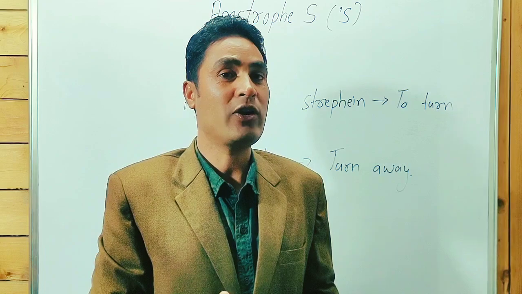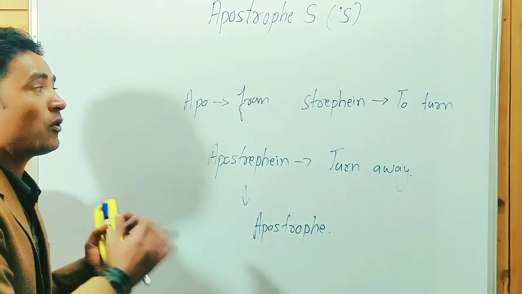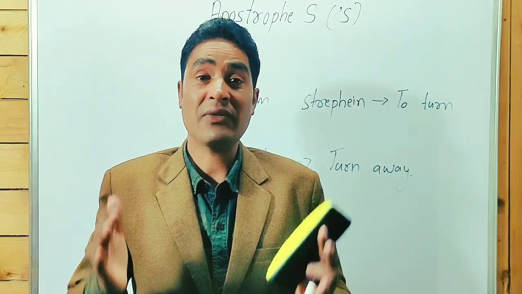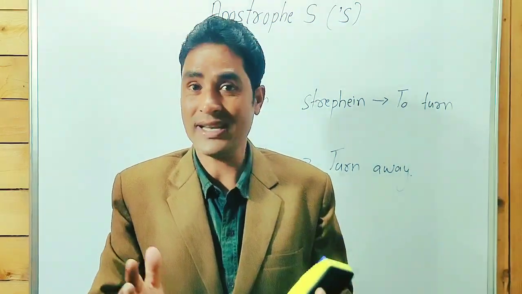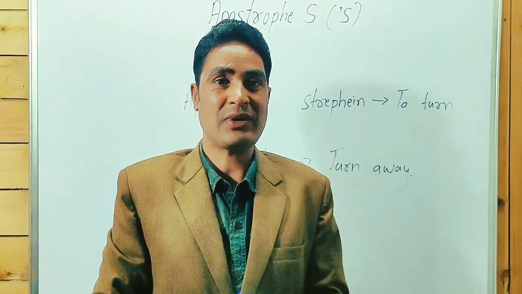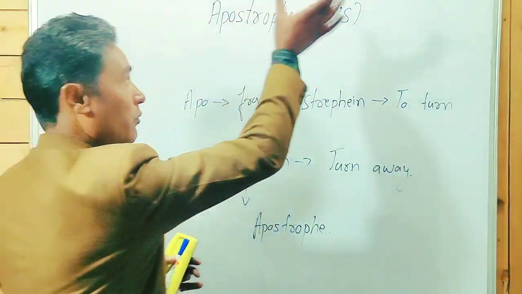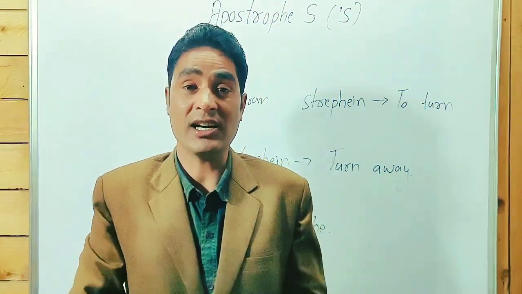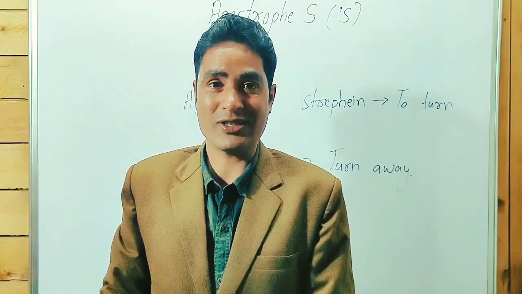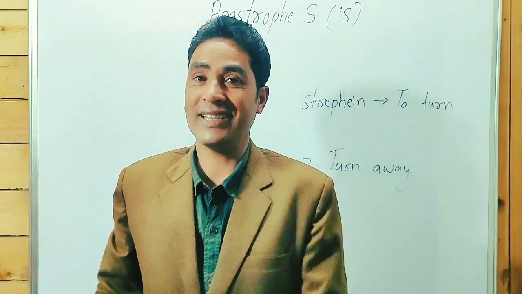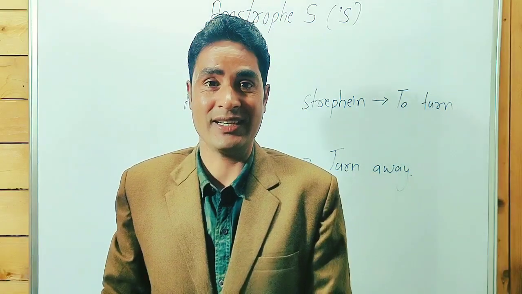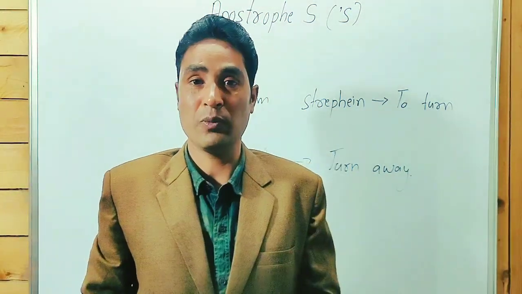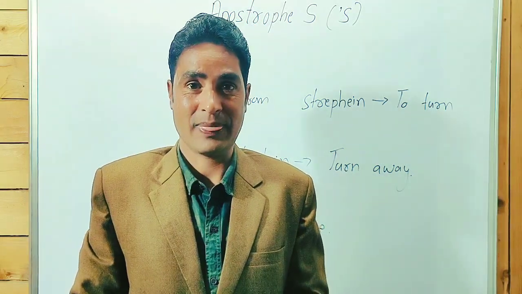Third, guys, point to be noted. First, second, and third is apostrophe s. That indicates a possessive case of noun. How do we show the possessive case of noun? With the help of apostrophe s. Like Ram's car, girls' hostel, boys' hostel, nature's life, hour's duration. We can use apostrophe s after that to show possession.